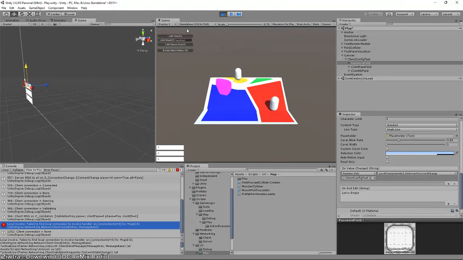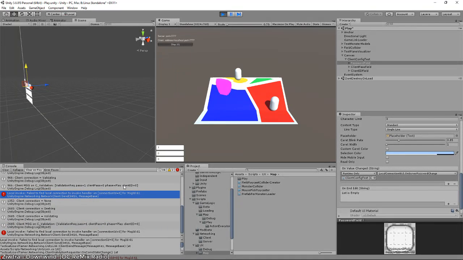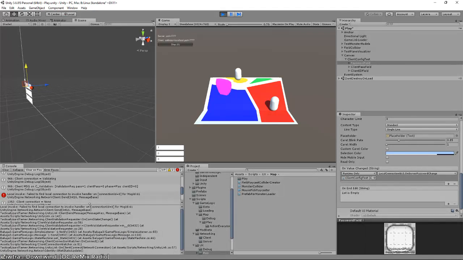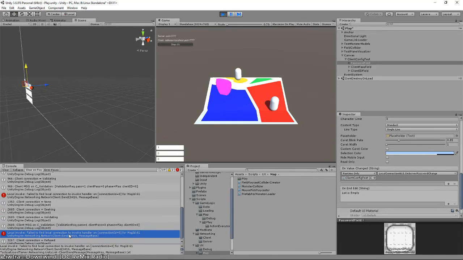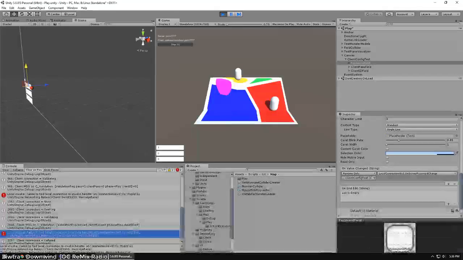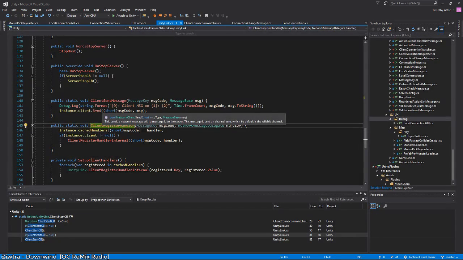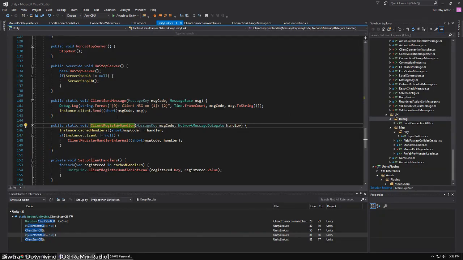Okay, so I think what that means... oops, what just happened? So I think that means that the server handler